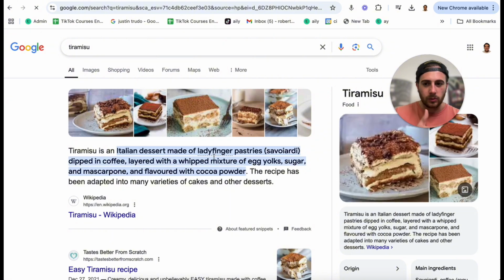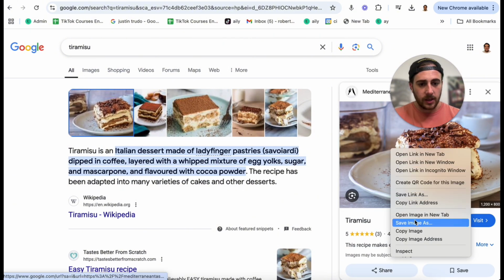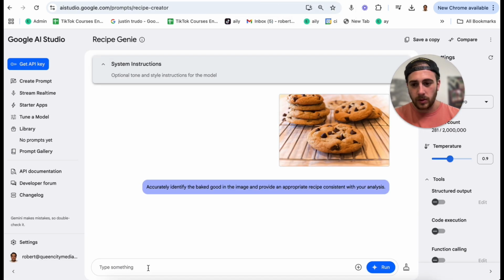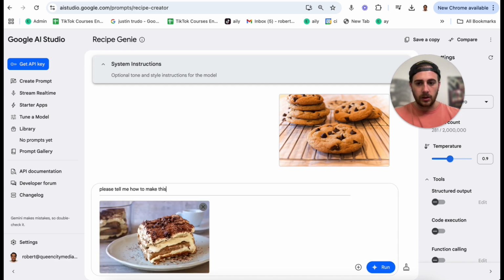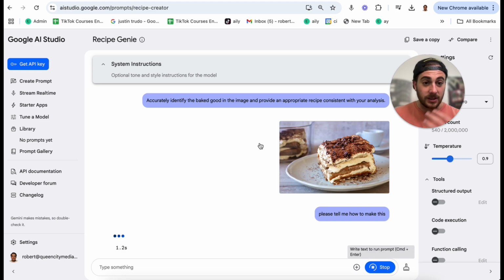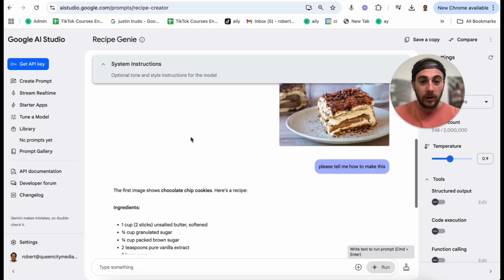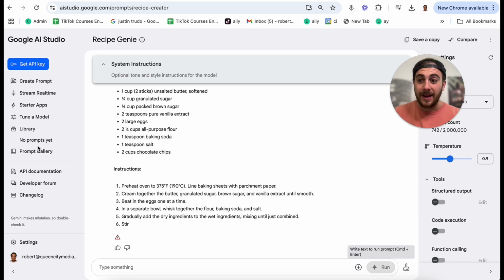Now, obviously, you would do this like out at a restaurant. I am going to then take a picture of this right here. I'm going to copy this image. I'm going to come back over to Studio right here, and I'm going to paste this in here. And I'm going to say, please tell me how to make this. And then I click run, and this is literally going to go through and tell me exactly what ingredients I need and exactly how I can go about recreating this tiramisu with the ingredients, the instructions,